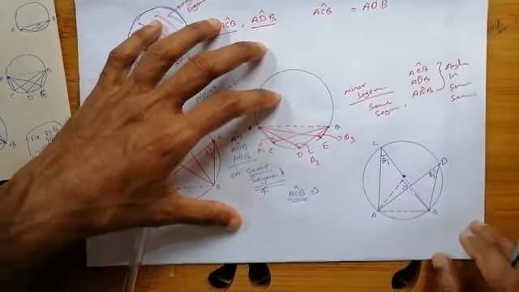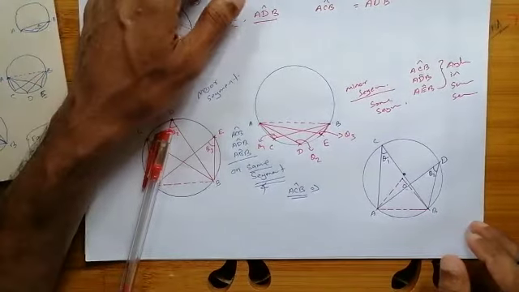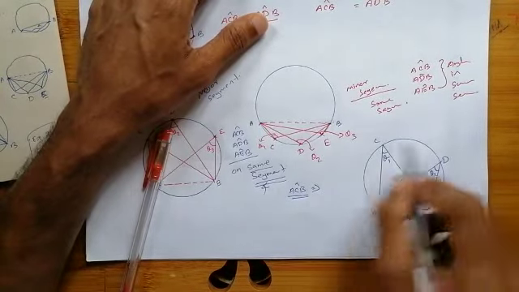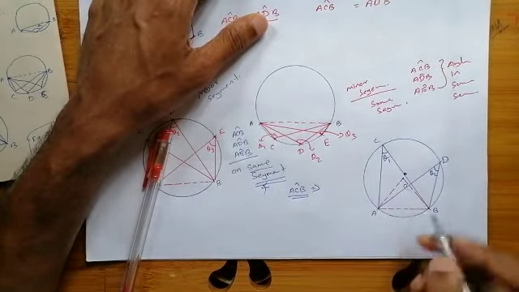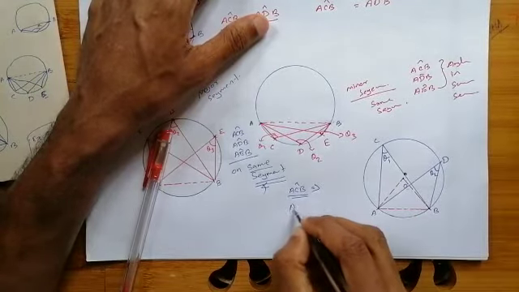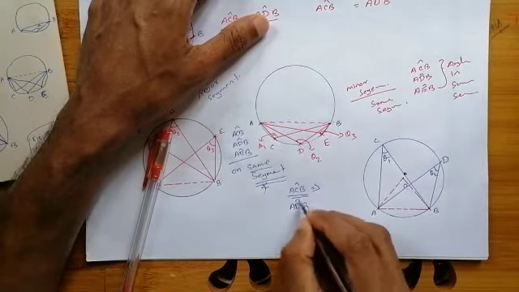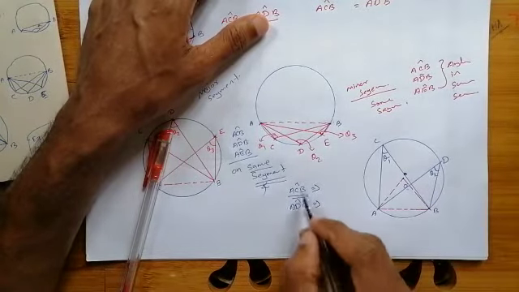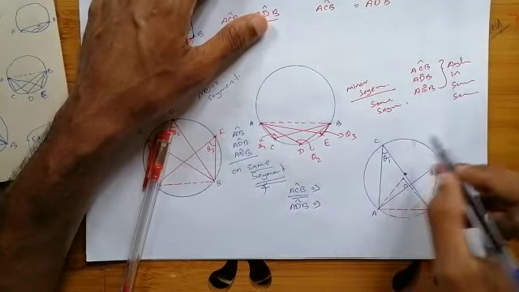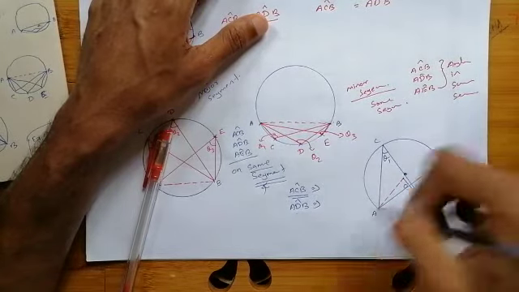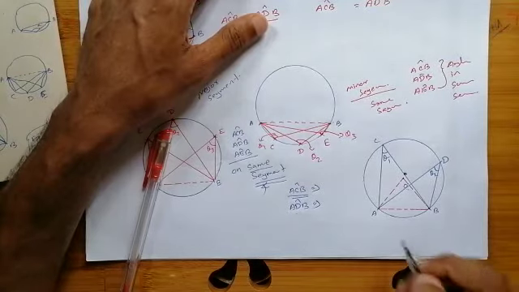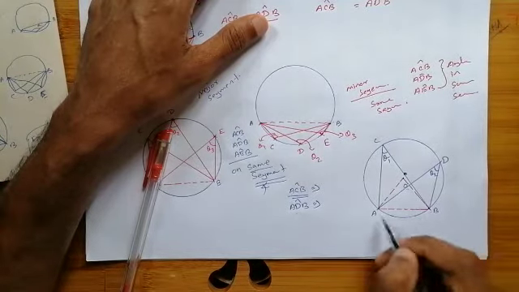So what about ACB? What can you say about ACB's position? ACB is on the major segment, AB dividing the circle. And what is the position of ADB? It is also in the major segment. So ACB and ADB are on the same segment. Okay, if you connect the center to the ending of the arc AB,